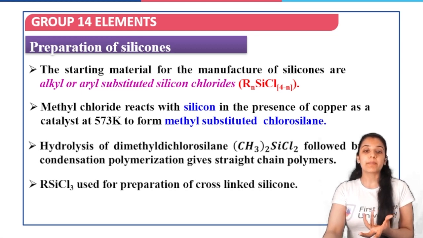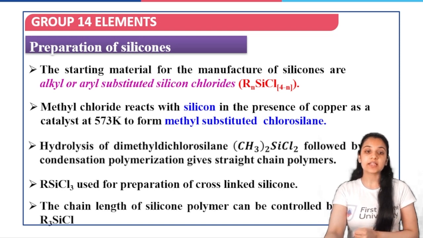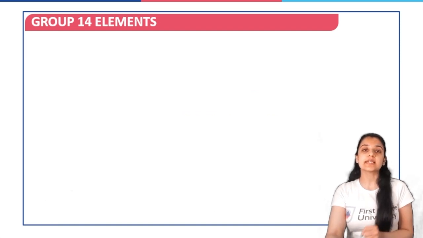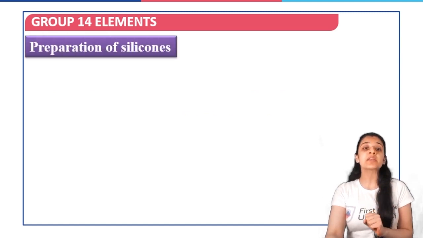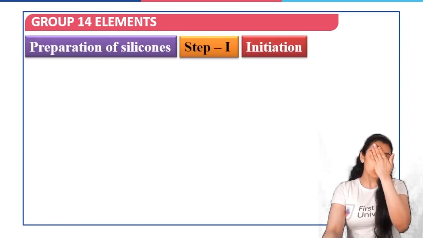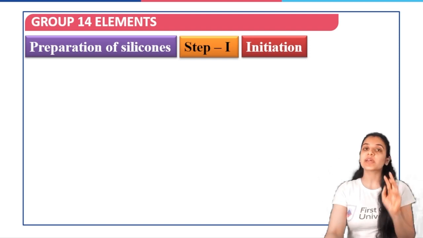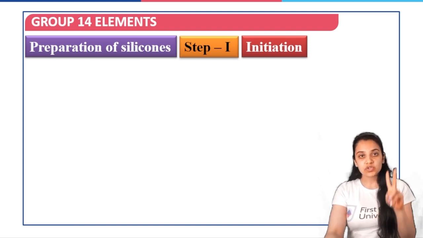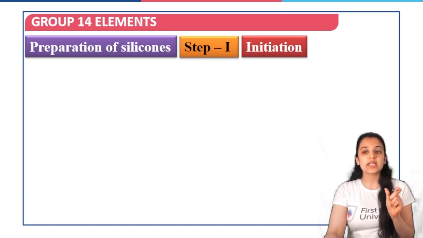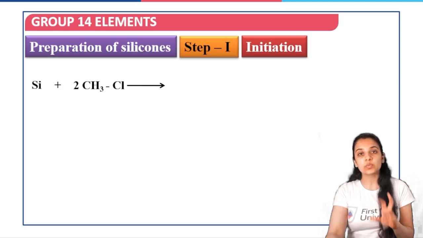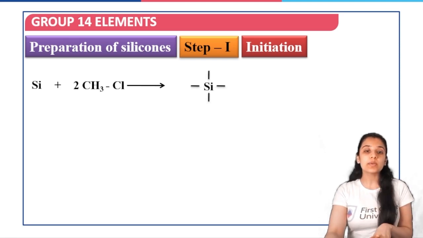RSiCl3 is used for the preparation of cross-linked silicon, and the chain length of silicon polymer can be controlled by adding R3SiCl. We'll have a look at this process. In polymerization, we have 3 steps: chain initiation, chain propagation, and chain termination. In step 1, chain initiation, silicon is going to react with methyl chloride, and what we get is